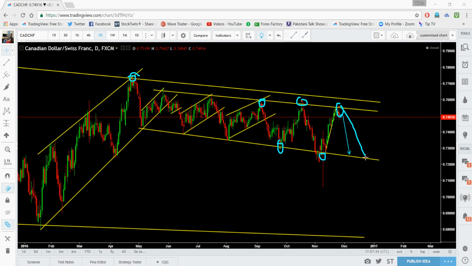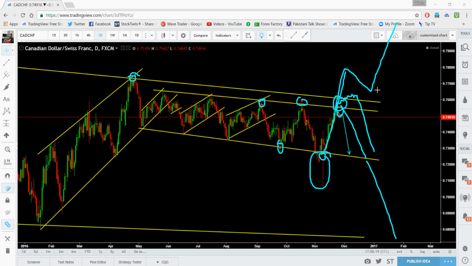Okay, so now we are looking for this, and even it can break to the downside, something like this, yeah. All right, if we see a clear violation of this point, then price needs to break the upside clearly, yeah, with strong candles, not correctively. If price breaks to the upside correctively, then remember it can fall back again into this channel, right? So price needs to break through impulsively, then it's going to give you a trend continuation pattern, then it's going to continue to the upside, which does not seem to me that it is going to happen anytime soon,